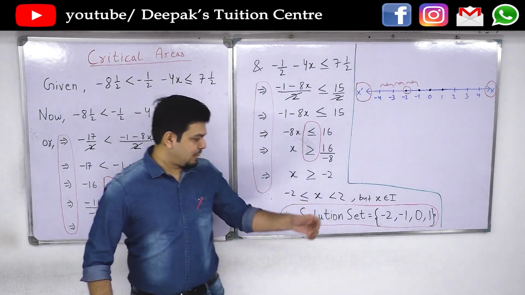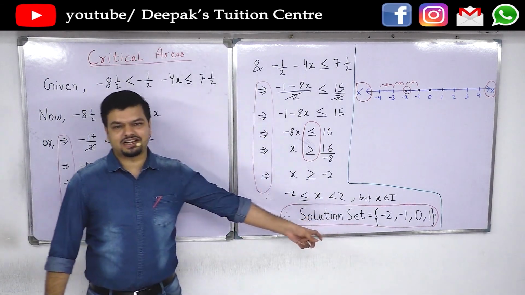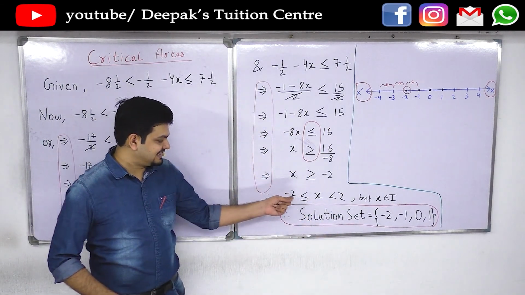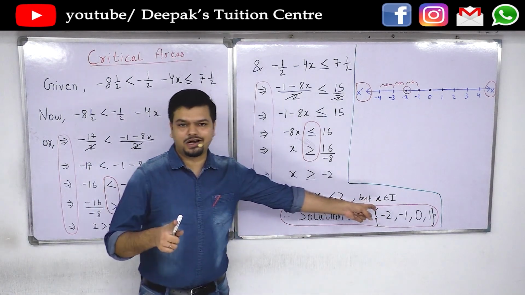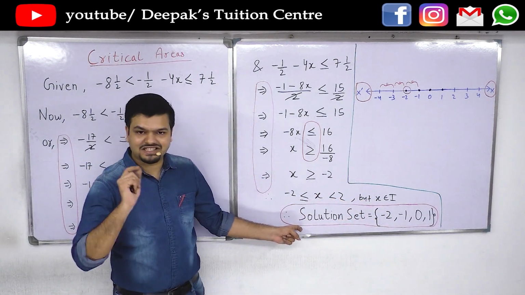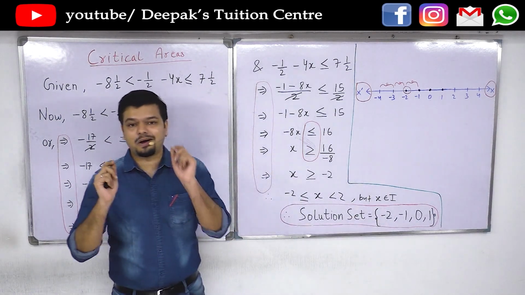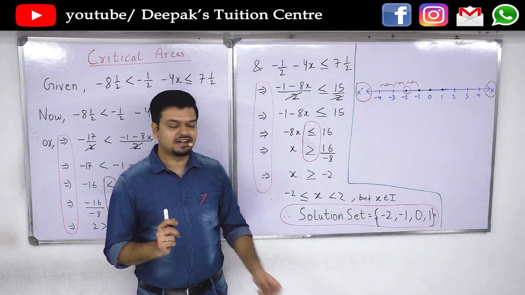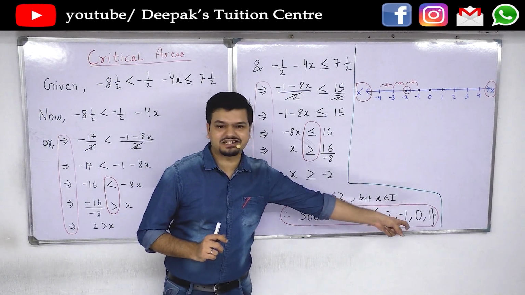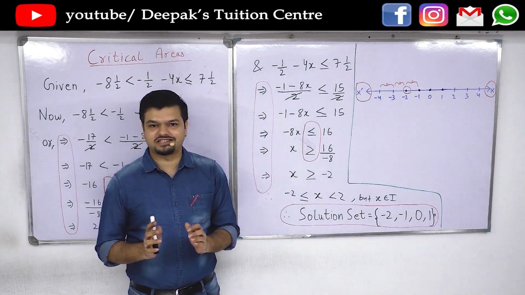The third important point is the writing of the solution set. Quite a lot of students think that this is the solution set, but no, you have to write the specific words: solution set equals to, and the set is always in a curly bracket. You always have to use those brackets.